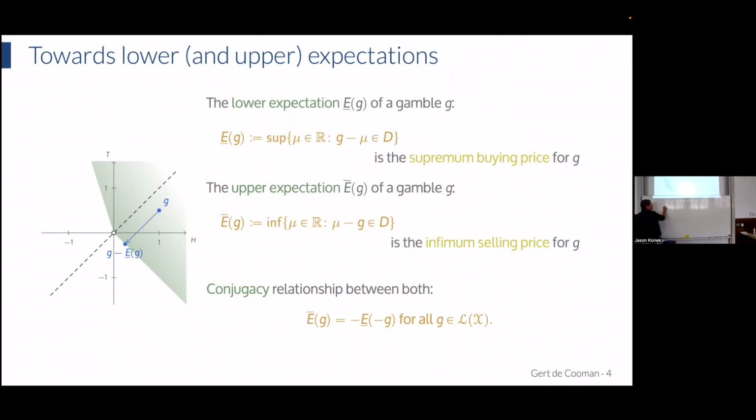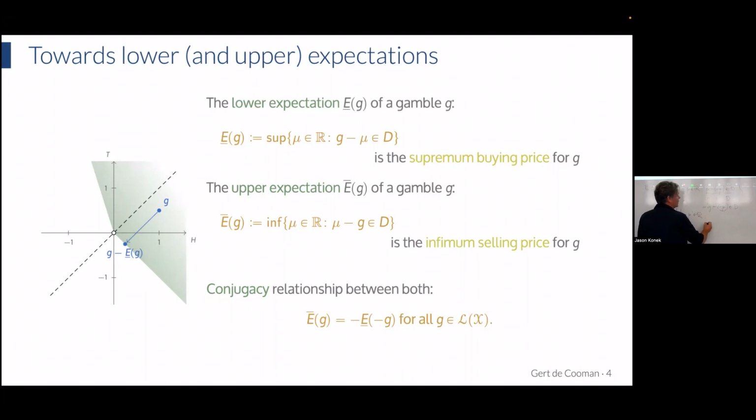Similar to what I've done before. So let me look at the upper expectation of minus G. It is the infimum of all the mu in R such that mu minus G is in D. This is just G plus mu in D, which is G minus mu in D. So if I replace minus mu by mu prime, this becomes the infimum of minus mu prime in